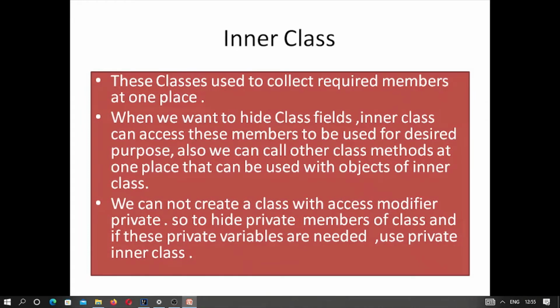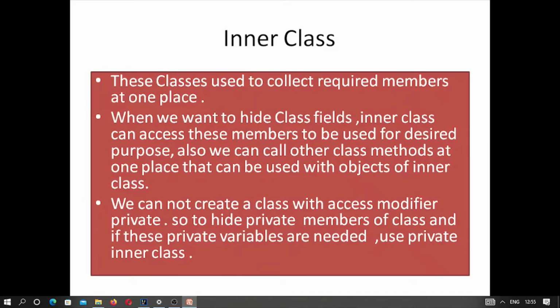We can show the result by calling the private field of the outer class, maybe inside the inner class, but no one can access the fields of the outer class or even the private methods. Even the inner class can be private, because if we want to create a private class, it can't be an outer class, but inside an outer class we can create an inner private class also.